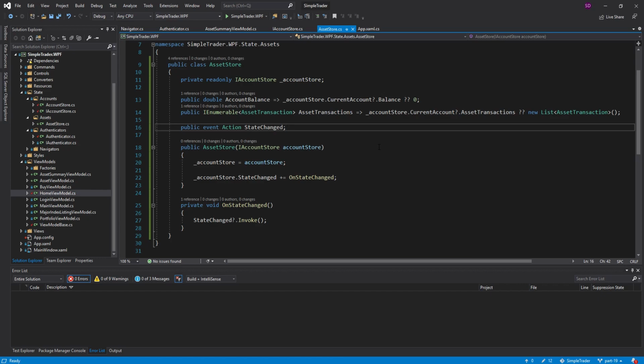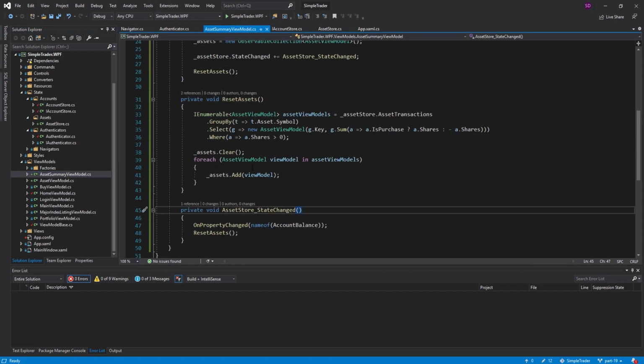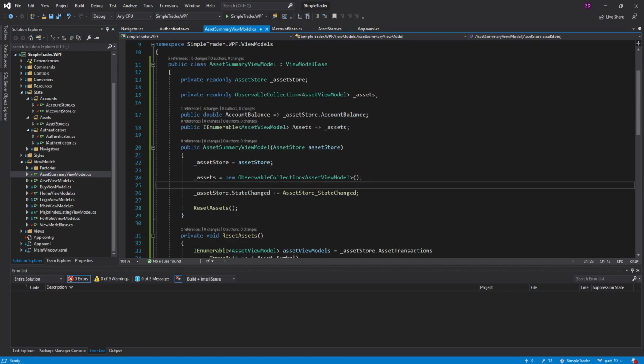Next time we're going to be implementing UI to display this asset summary view model and put that on the